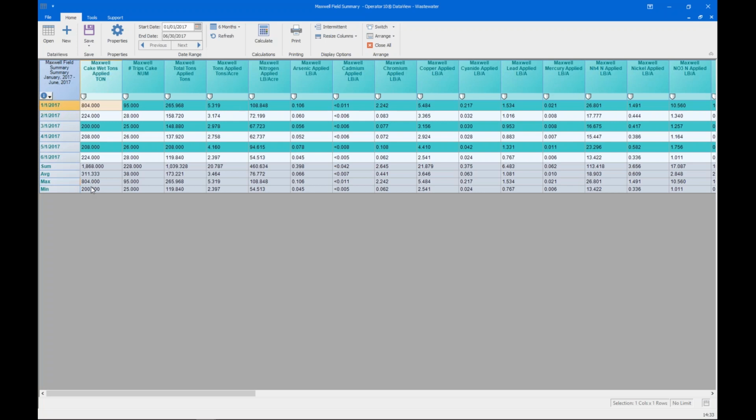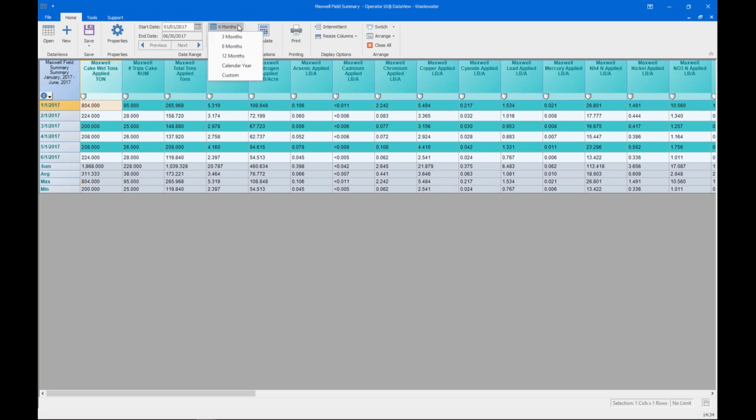So we could write a custom formula and use that as a summary value at the bottom of our data view, as well as we can display, again, geometric mean and count as well. So those are available in your summaries. What is important to understand with the summary data view is that we can modify in the data view,